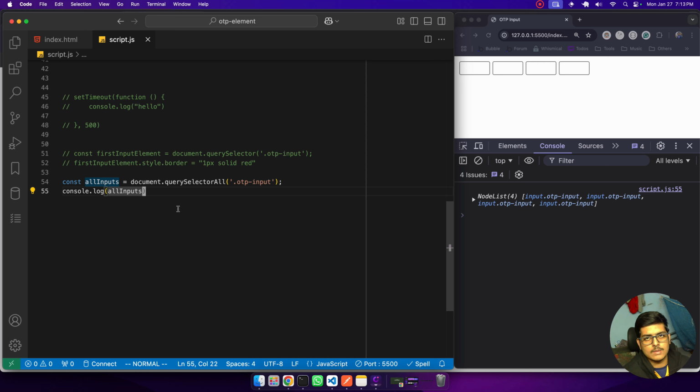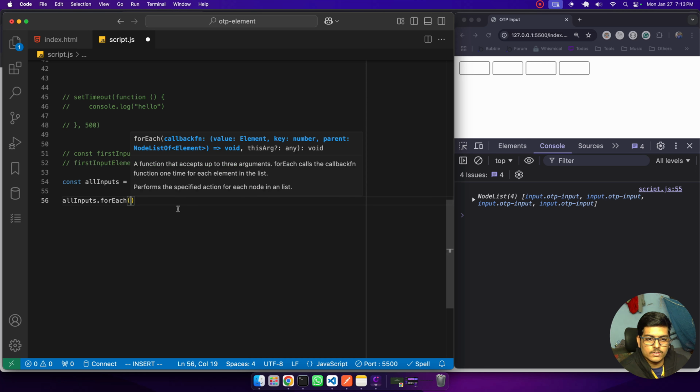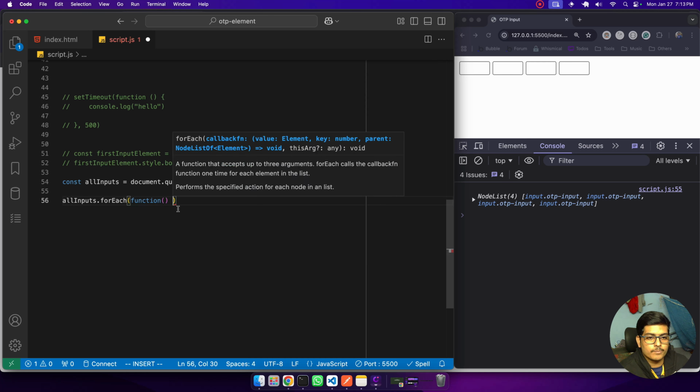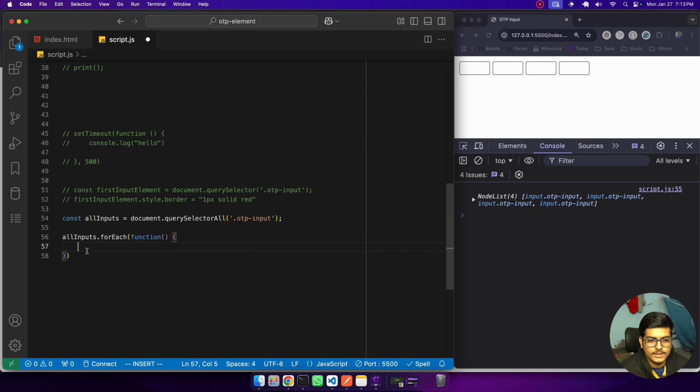Similarly, in JavaScript we have a lot of loops like do while loop and for loop, and we also have newer functions like forEach, map, etc. So let me show you the simplest loop function that we use. What we do is allInputs.forEach, we have a forEach function, and then we write the function name. Remember, in setTimeout also we are adding a function here. So this is similar to that function, and instead of the second argument where we put the milliseconds, here we don't need it. So here I can do console.log,